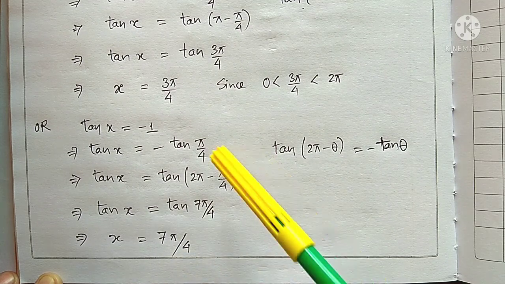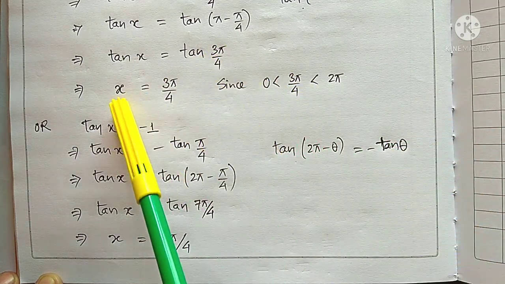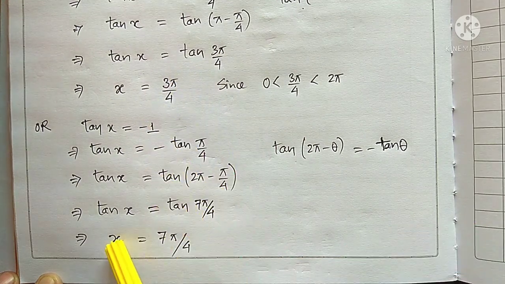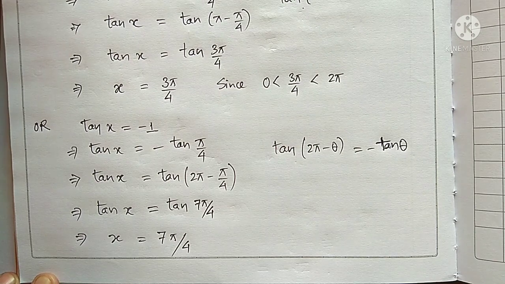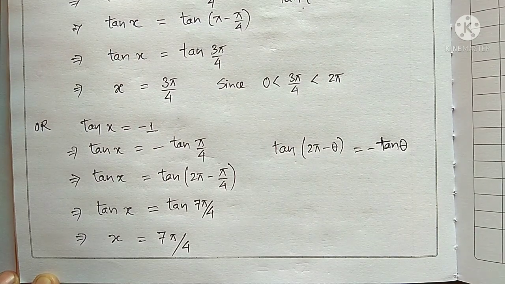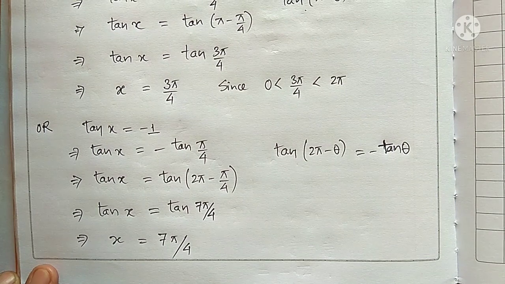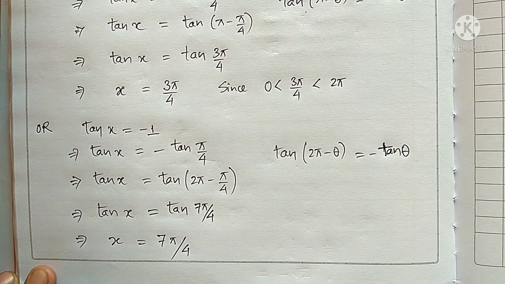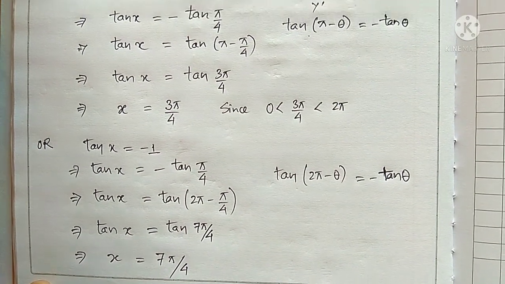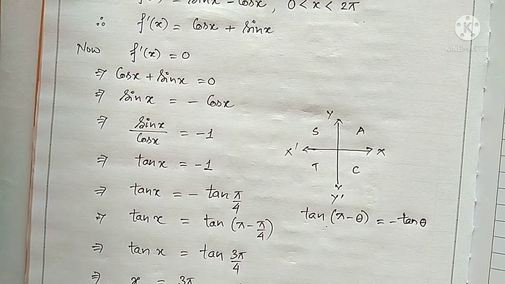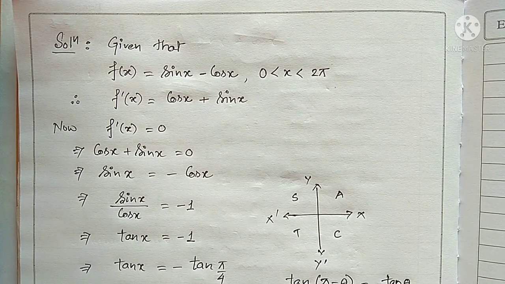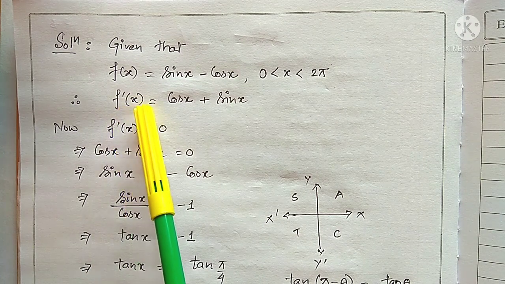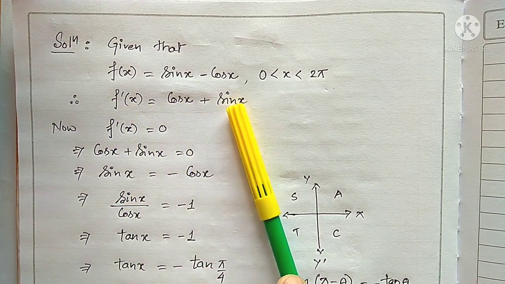So now here if you see, two points we get: x equal to 3 pi by 4, and another one x equal to 7 pi by 4. All of you know the name of these 2 points: they are known as critical points or stationary points. Is it clear? Now in these 2 points we have to verify whether it is maximum or minimum. For that reason, one by one we have to put the point and verify, and before this we have to write the result one more time. So f dash of x equal to cos x plus sin x is there.